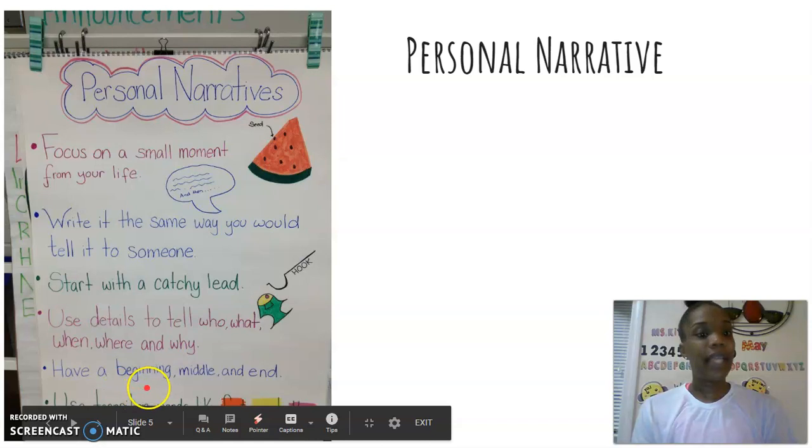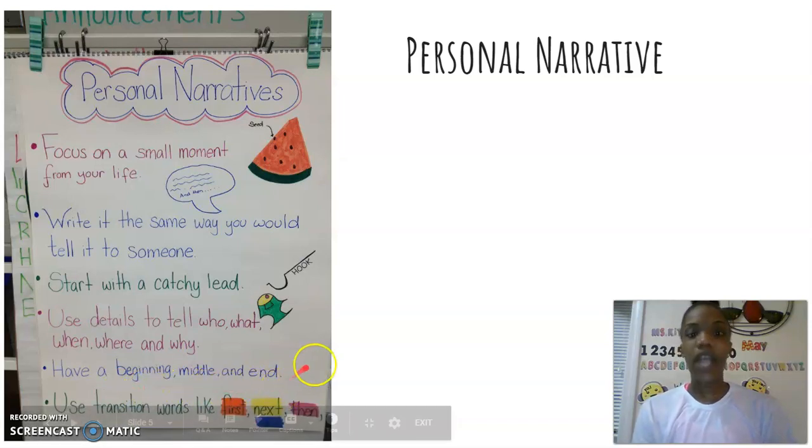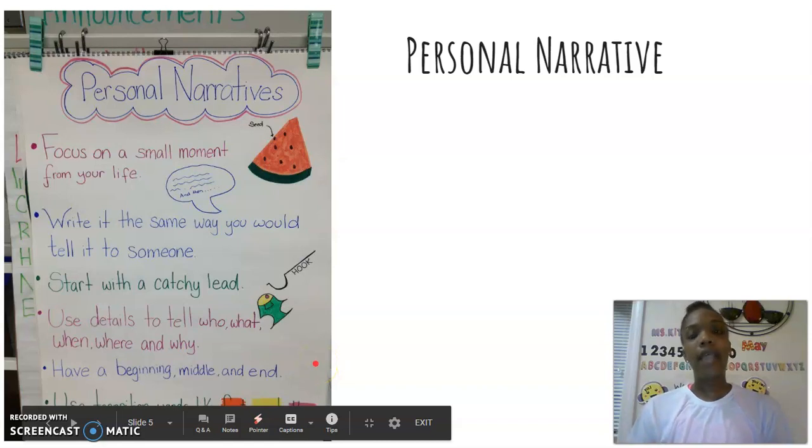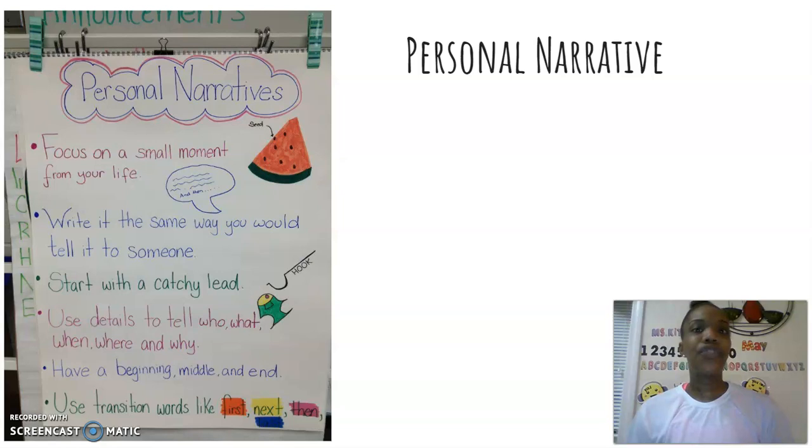You want to have a beginning, middle, and ending, of course, right? To help guide your writing and to help your readers know when to start, when to really get deep into the story, and when the story is all done. You want to use transition words like first, next, then, and last. Okay? So going into our lesson,